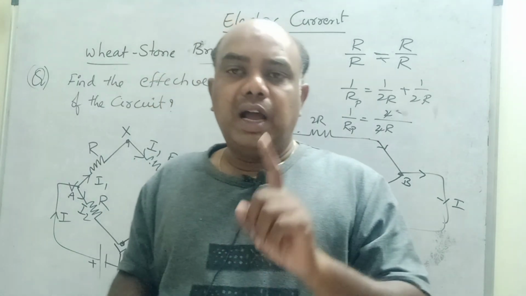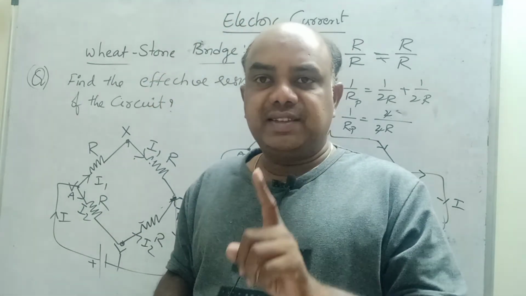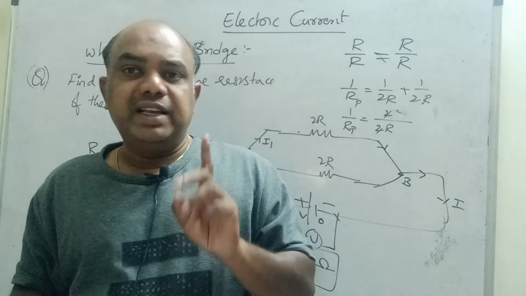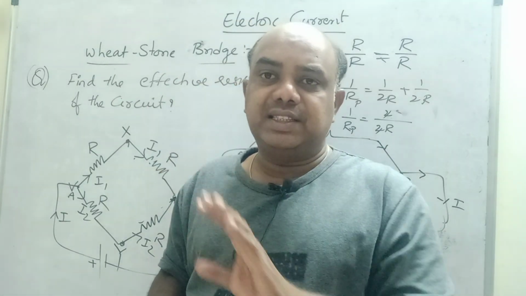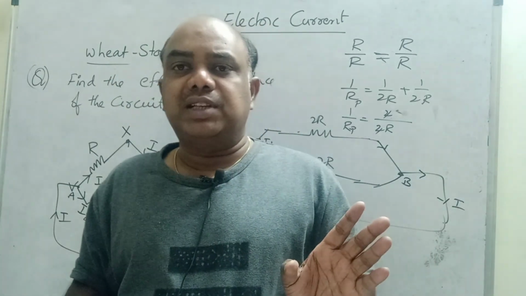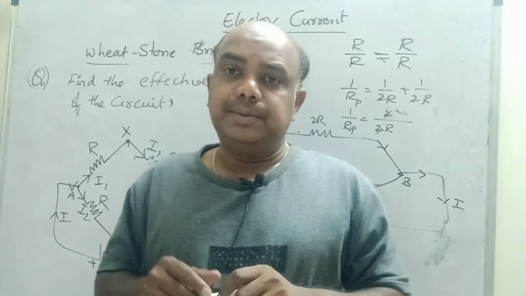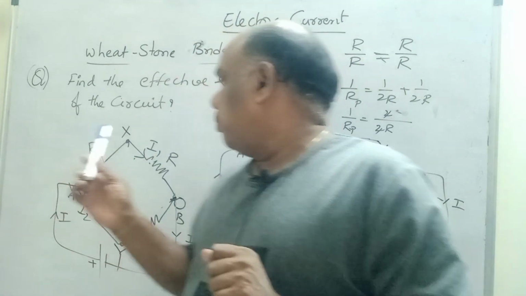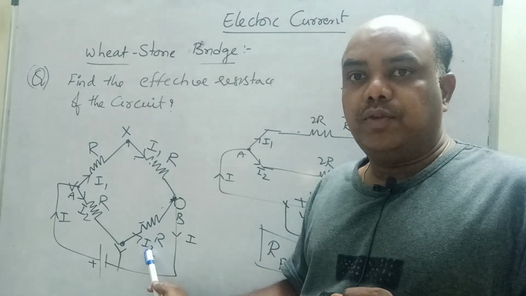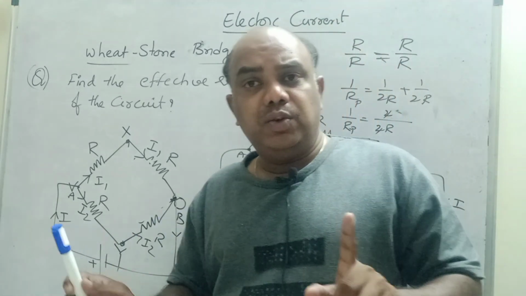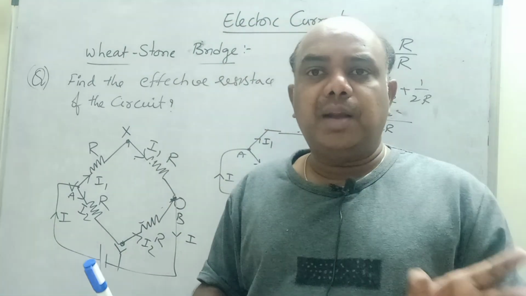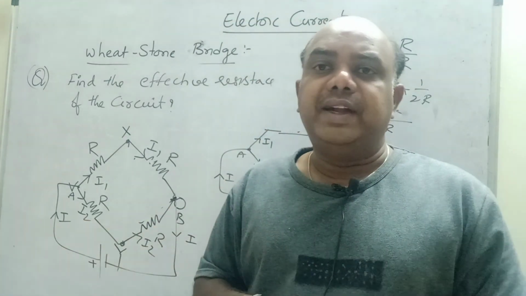Once again, I will remind you of the whole topic. Wheatstone was a scientist who developed this to solve complex circuits. If a circuit consists of 4, 5 or 6 resistors, you can solve it easily. 1 or 2 resistors can be eliminated from the circuit if it is balanced. What is the condition for balance? Upward resistance by downward, this by this equal to this by this. R1 by R2 is equal to R3 by R4. If this condition is satisfied, then you can directly remove the remaining resistors. Then count how many of the remaining are in series and how many are in parallel, and solve it. You will get the answer.